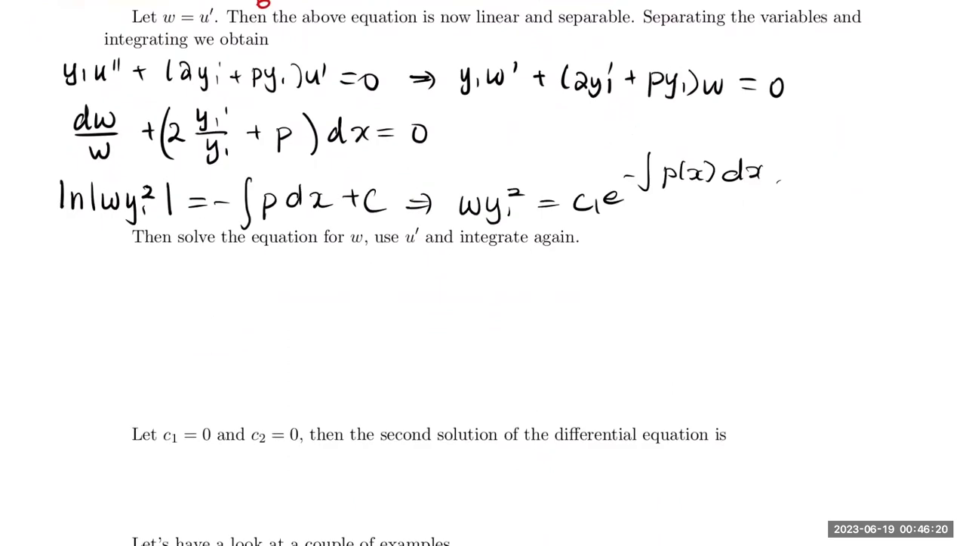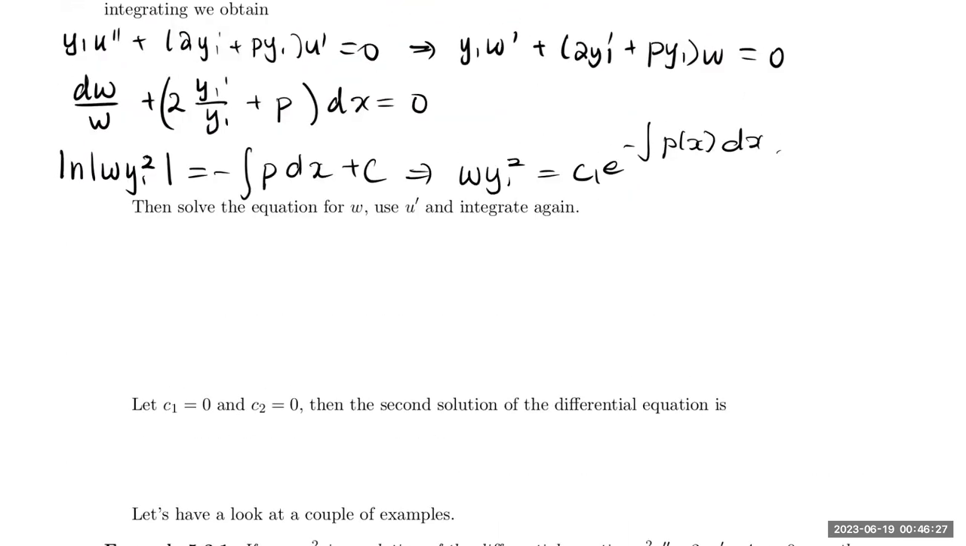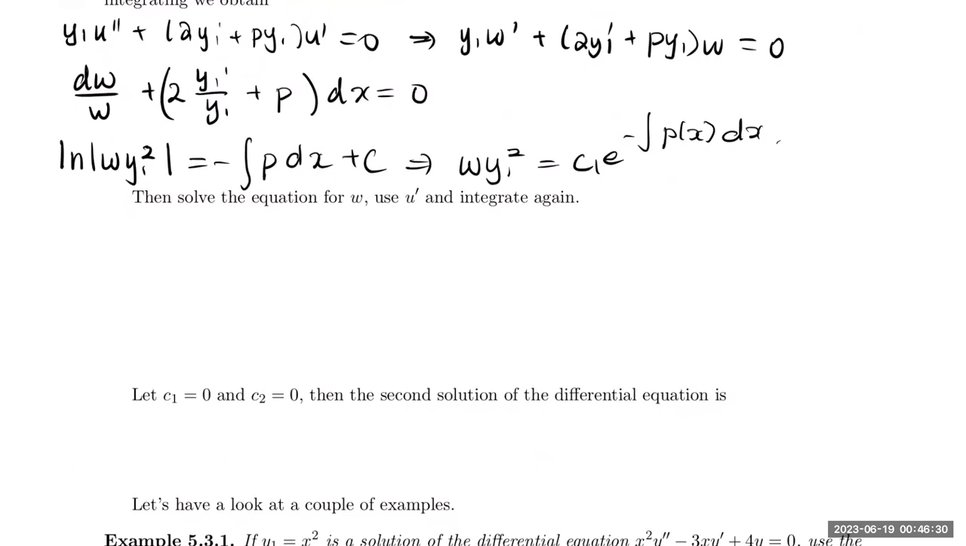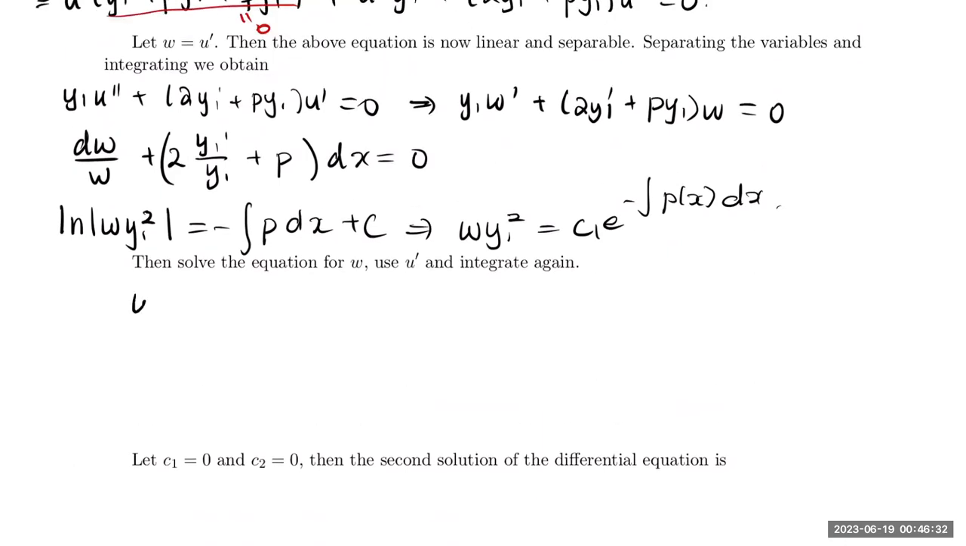So that means, since w is equal to u prime, if we rearrange and solve for w, w is equal to c1 e to the power negative integral p(x) dx divided by y1 squared. And since we have u prime, then u prime is equal to what we had up here, so c1 e to the negative integral p(x) dx